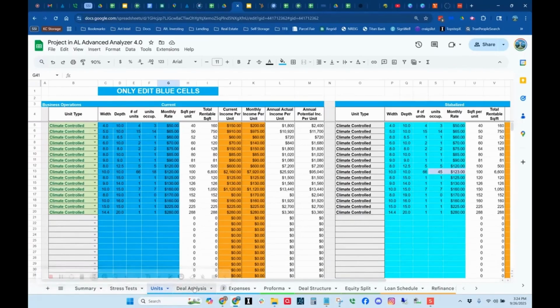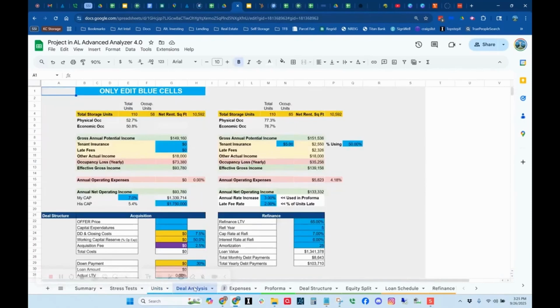Okay, so now you come over to the deal analysis page. And here you will put in any type of tenant insurance that it's currently receiving. Say it got $2,000 of insurance last year. Late fees were $1,500. So that's for the current year. And you can see how it brought over the gross annual potential income, and it also brought over the other